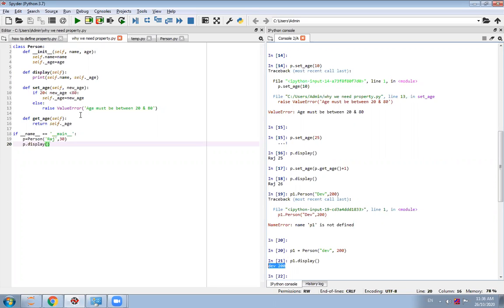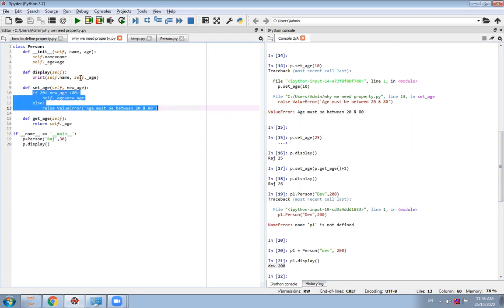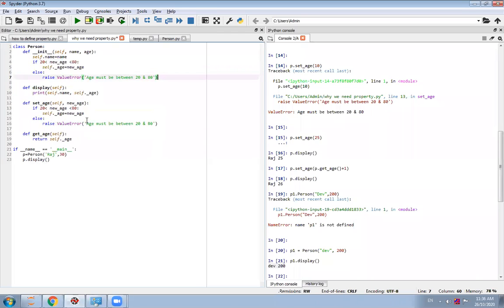So what we have to do is change this code by simply putting this condition at this place.